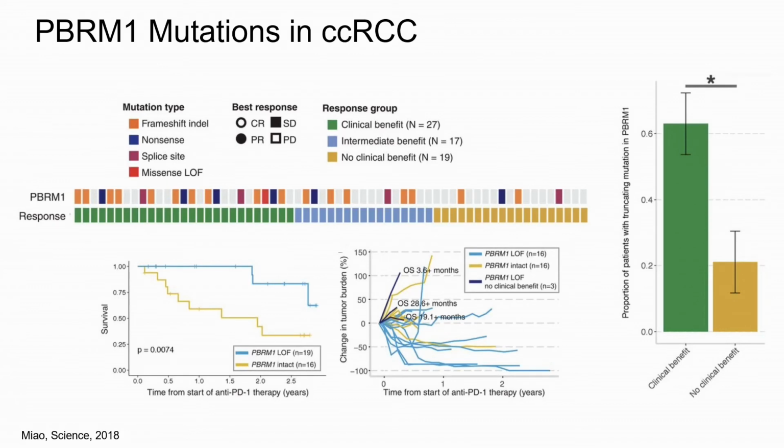This is another anecdote that's been emerging from the field. This was another paper by Ellie Van Allen, published as a discovery set in Science. There have been some efforts to clinically validate this biomarker since, although this is not considered routine. PBRM1 is a component of the SWI/SNF pathway, a pathway that's responsible for chromatin remodeling and gene expression. And the theory is that some of these low mutational burden tumors, like renal cell carcinoma, may have errors in their chromatin remodeling